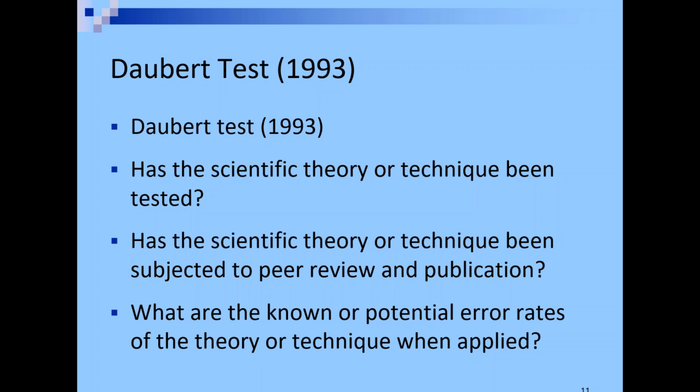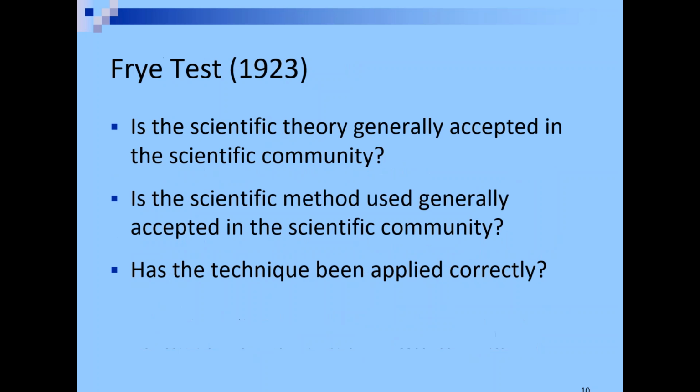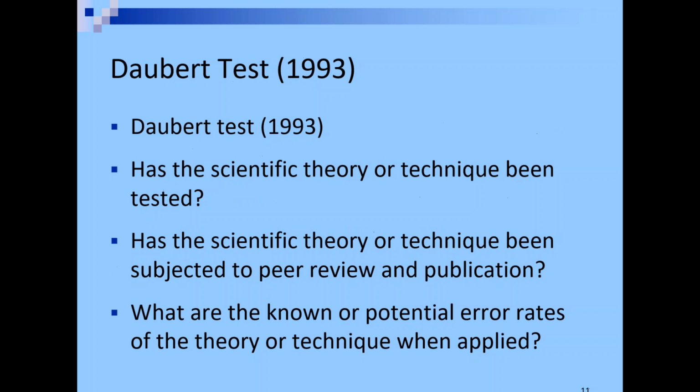Okay, Daubert test in 1993. You'll notice with the Frye test, it's a series of 3 questions. Theory, method, did you do it right? There's a lot of questions that aren't answered. How do you determine whether the theory is generally accepted? How do you determine if the method is good? So what Daubert did, and this was a case with a pharmaceutical company, and I can't remember the specific forensic aspect that was brought into question, but Daubert still asks questions that the judge can ask about the method, but you're going to notice it's a little bit more specific.